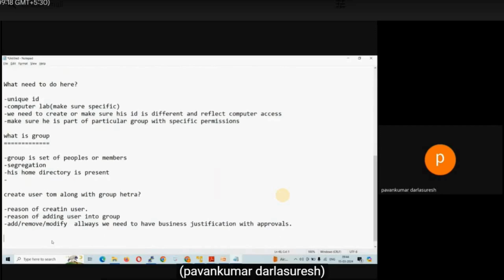Whether it is part of your learning for Unix or normal purpose, it is not only for Unix. Whether you are creating a user in SQL or anywhere, when you are touching user administration, always you need to have proof and a business justification. Why the user is